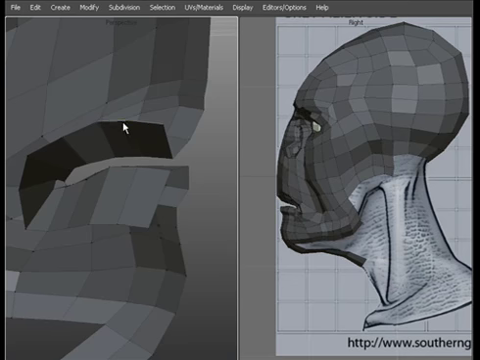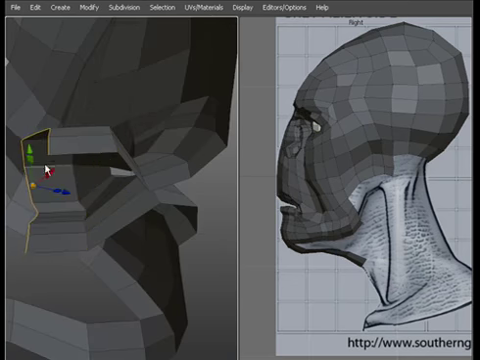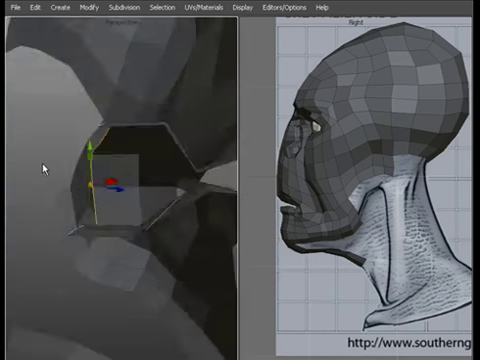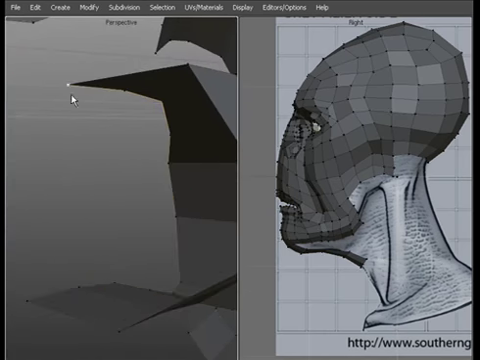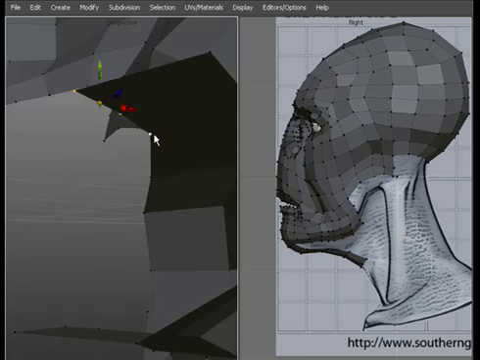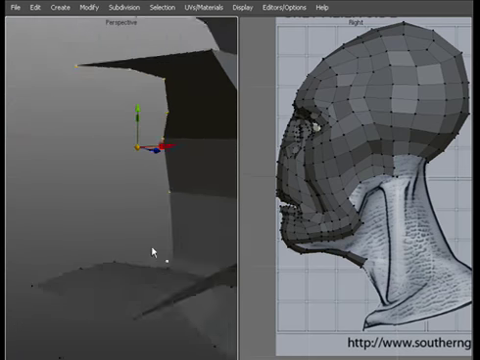What I'll actually do is do one more, extrude it back like so, and then I'm going to create, I'm just going to seal it off actually,